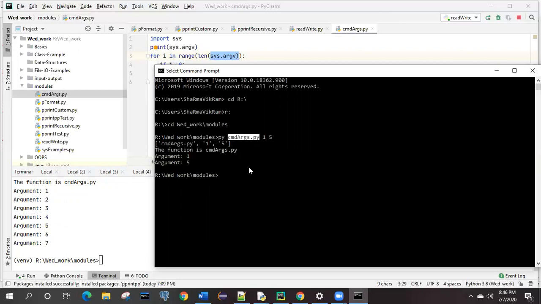Either you can reach that location and execute it directly, or you can execute from any location, but you need to specify the file path with the name. Got it? Because we already reached this R and then executed directly. If we want to execute from C, you can do it, but before this CMD argument we need to give the path where it is present.